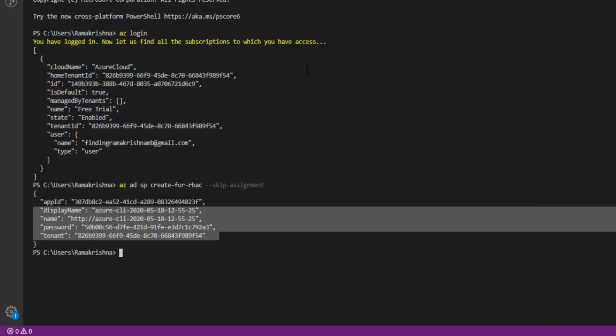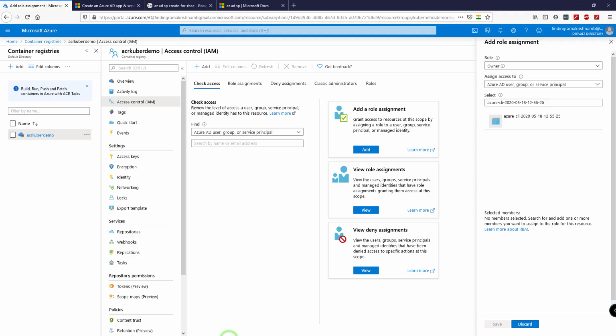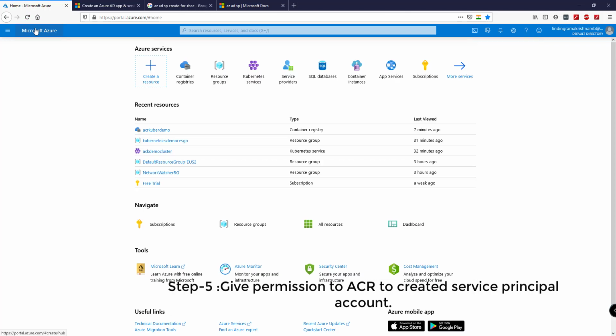Now switch to our Azure portal and create our Kubernetes service. So let us do that. Before creating Azure Kubernetes Service, first let us give access to our Azure Container Registry.